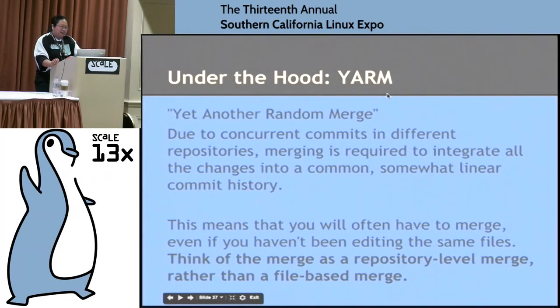So when I started working with Mercurial repositories, there was this thing that I started noticing in the change logs that my team kept putting in, and it was this acronym, YARM. And I stared at it a long time, and I'm like, are they doing something with Yarn? And then I realized that it actually reflected someone's frustration with how Mercurial deals with synchronizing with upstream repos.